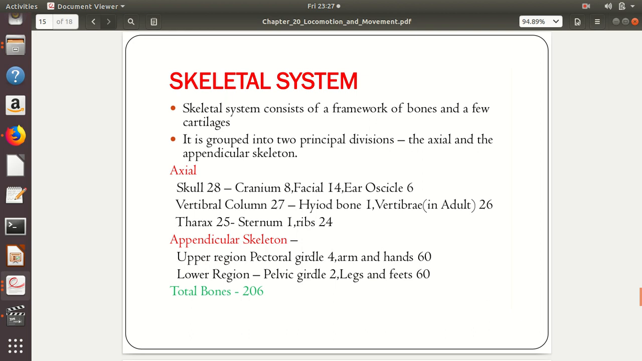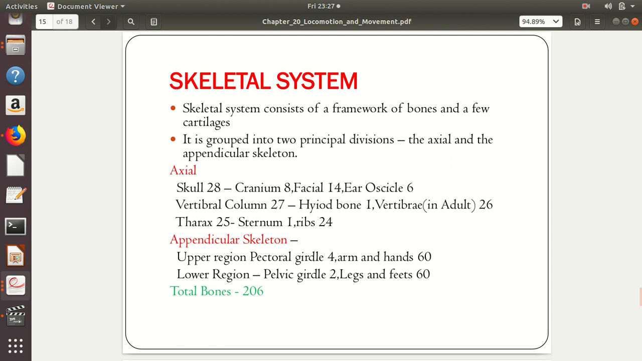Now we'll proceed to the next aspect, that is the skeletal system. The skeletal system consists of a framework of bones and a few cartilages. They are grouped into two principal divisions, the axial skeleton and the appendicular skeleton. If you look into the axial skeleton, it consists of the skull, which has 28 bones: cranium, which has 8 bones, facial, which has 14 bones, ear ossicles 6 bones, vertebral column 27, hyoid bone is 1, vertebrae in adult is 26,